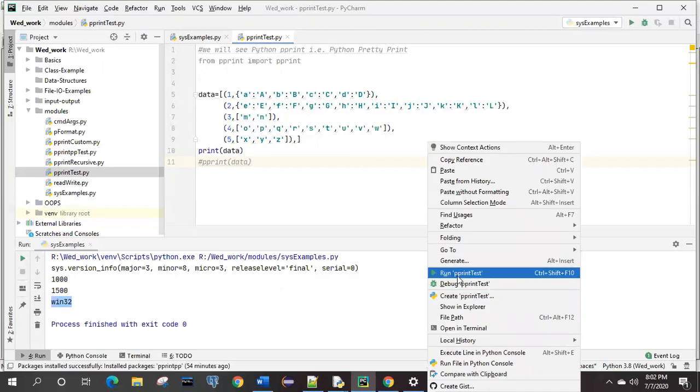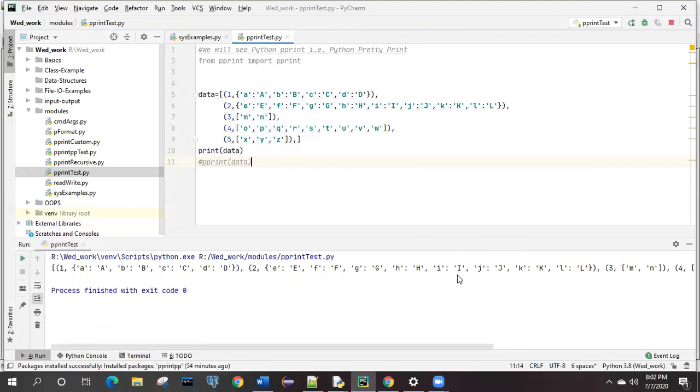So if we print normally with the regular print method, this is how it will look, right? You can see the output, it is printing the content of the data. And don't think that this is on the next line. It is how it is showing in the output.